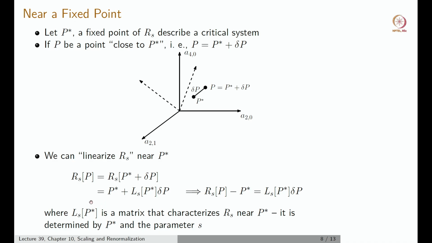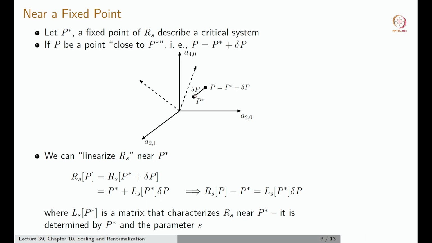So what we are going to say is that Rs of P can be written as Rs of P star plus delta P. There is a small typo here. This should not be an exact equal to, it should be approximately equal to. So we can imagine that we are going to linearize, or Taylor expand, if you wish, this transformation about P star. Why are we allowed to do this? Because Rs does not change P star. So we can say that Rs of P star plus delta P is P star plus some linear function of